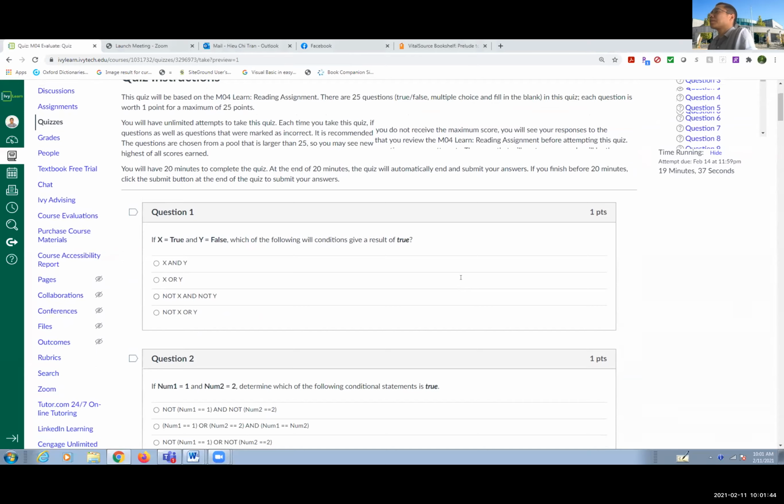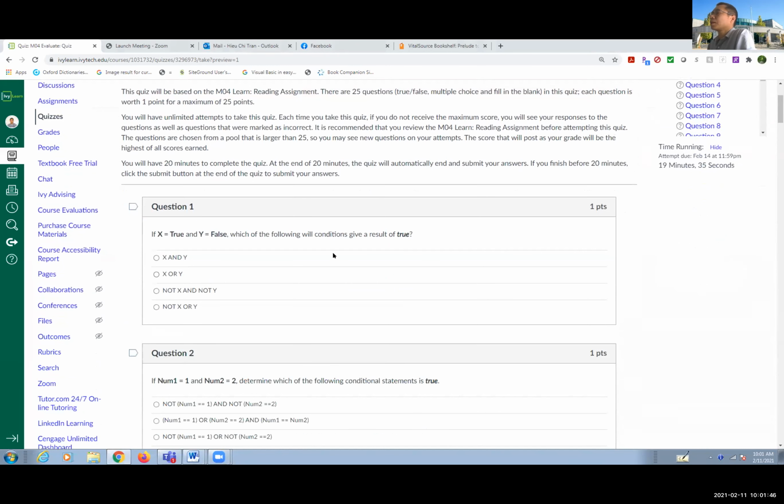Okay, so this is the quiz. If you remember about chapter 4, you study everything about selection. In the selection, you always have the condition to check, and in the condition you can check with the logical operator, or what is the other one? Logical operator, and